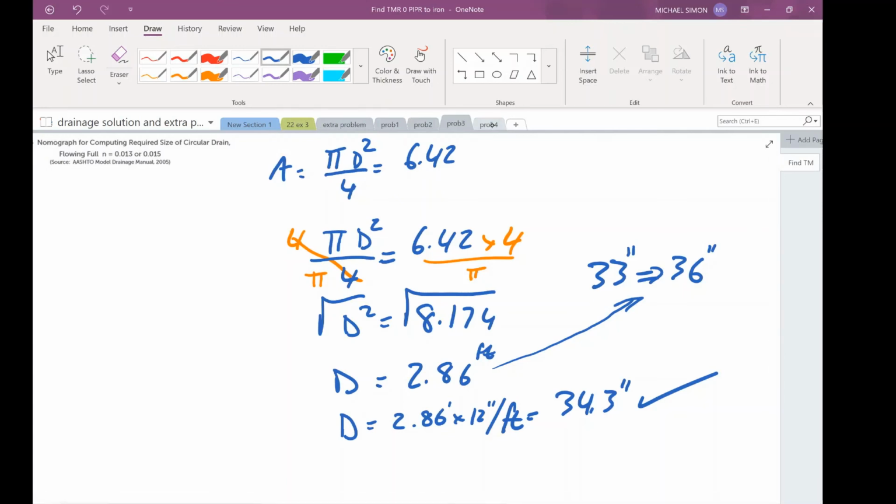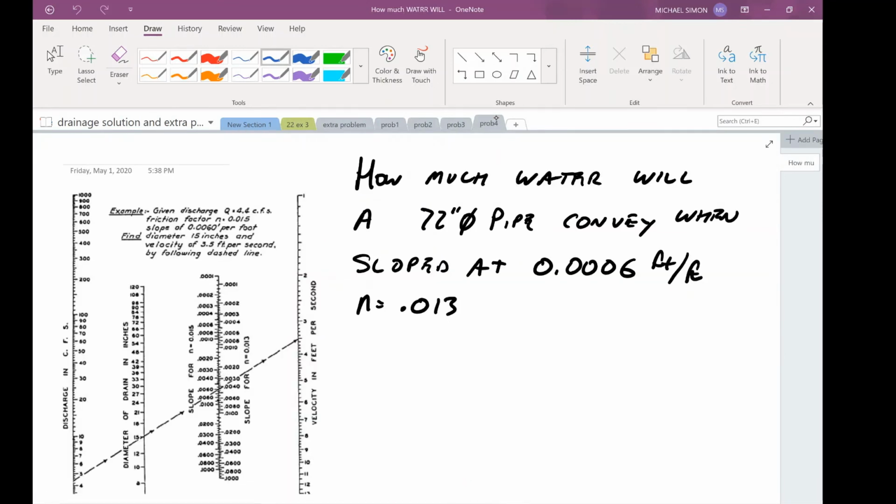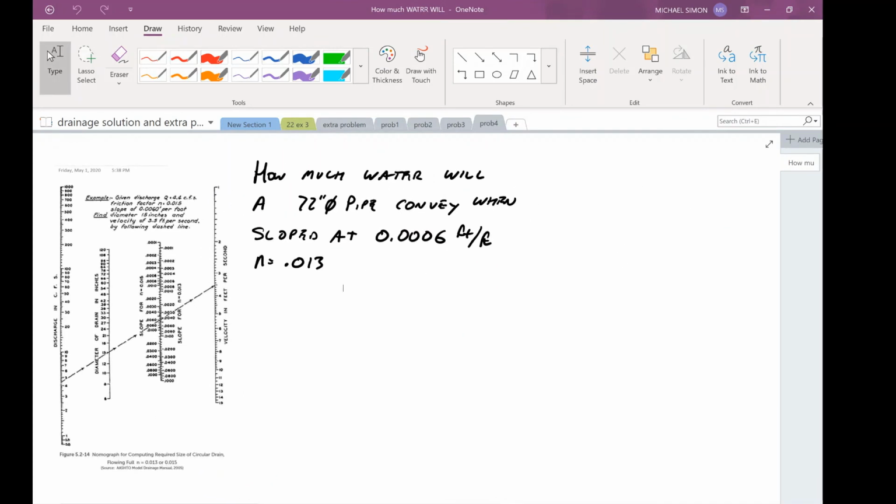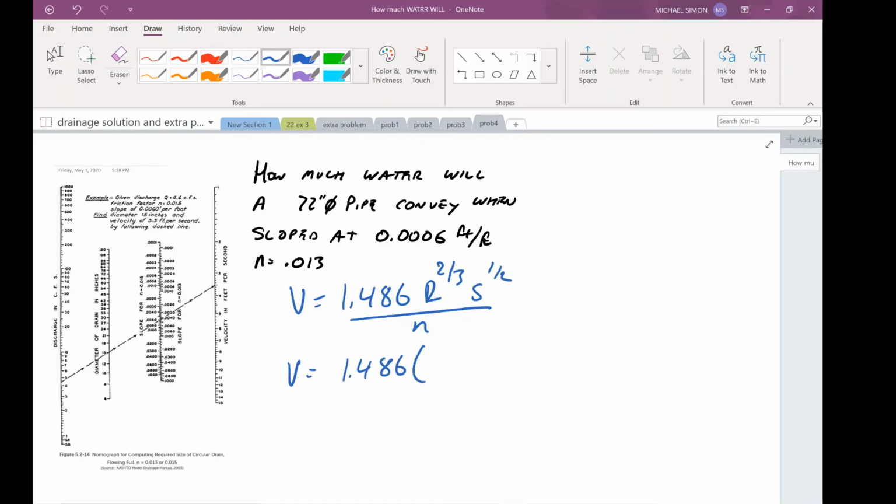Let's take a look at this last one then, problem 4. How much water will a 72-inch diameter pipe convey when sloped at 0.0006 feet per foot? So this slope is used with the Manning equation to find the velocity. So velocity will be 1.486 times 72 over 12, which is 6, over 4 to the 2/3